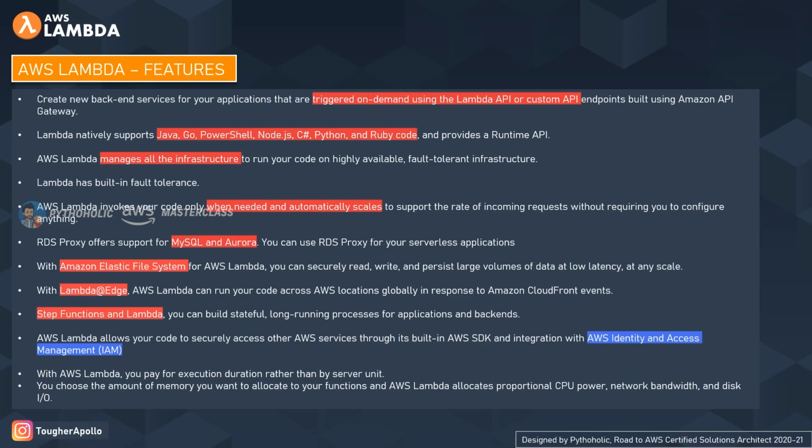Next, we have the provision to use the Amazon Elastic File System, EFS, with AWS Lambda, and you can securely read, write, and persist large volumes of data at low latency at any time or at any scale. And with Lambda@Edge, AWS Lambda can run your code across locations globally in response to Amazon CloudFront events. This topic we'll be discussing in length in the next part of AWS Lambda. For now, you just need to remember that with Lambda@Edge, you can run your code across regions and locations with CloudFront. And you can also use Step Functions along with Lambda, and you can build stateful long-running processes